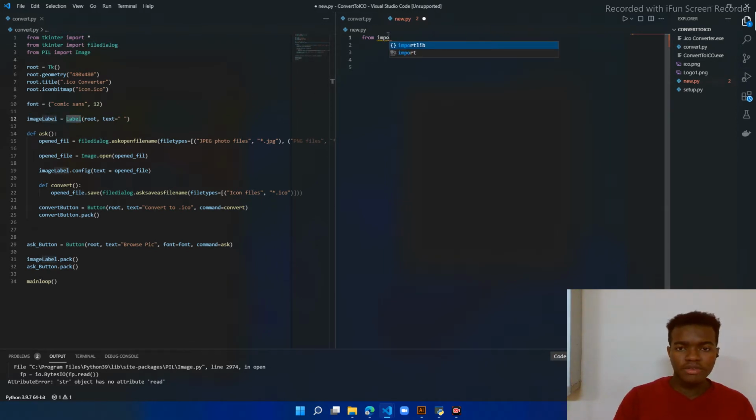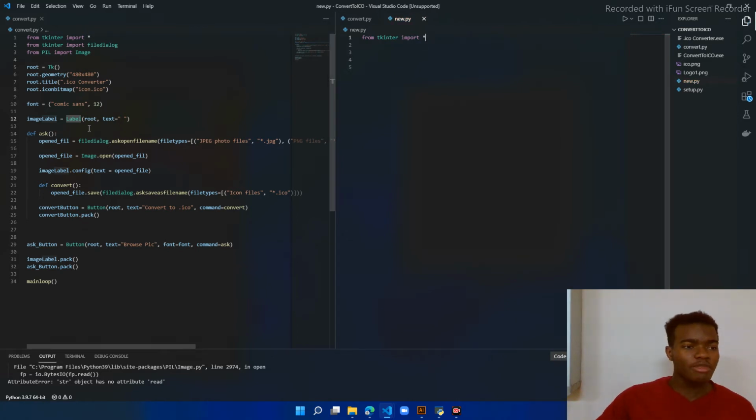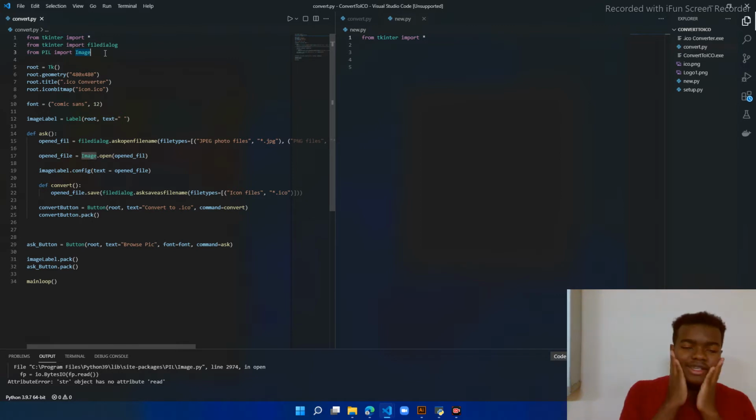Now let us import everything from Tkinter. From tkinter import everything. Now the module we're going to use to read the images and process them, converting them to other images, is this PIL module right here. The PIL module doesn't come with Python. It's not a standard library. You've got to install it